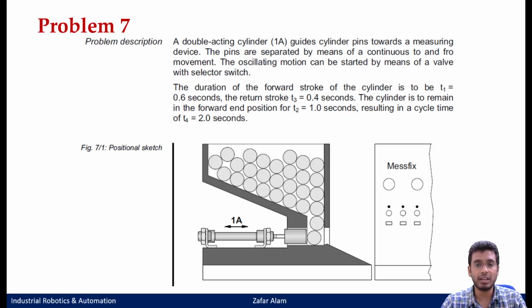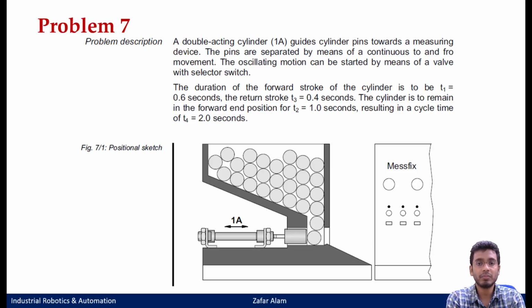So first try to identify the elements that will be required. What is your actuator? The actuator is your double acting cylinder. Your entire circuit should start by pressing a selector switch, so you require a valve which has a switch arrangement instead of a push button. Then both your forward and retraction movements are to be controlled, that means the speed has to be regulated. You can do that using two one-way flow control valves. So first just try to make this circuit.